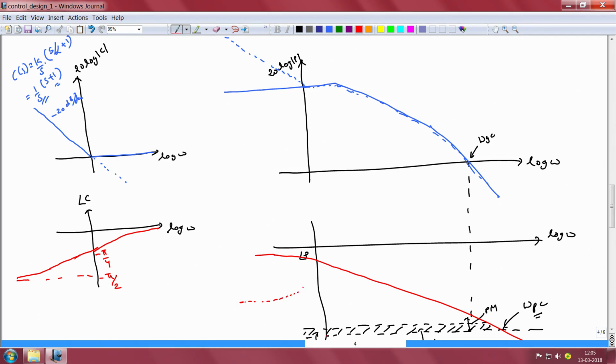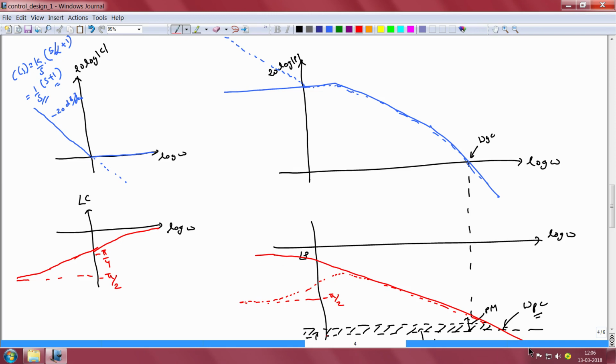So, the phase will start to increase, and for frequencies well beyond omega equal to 1, or the location of the 0 of the controller, we see that the net phase of the controller has gone to 0. Therefore, the overall phase of the open loop system will be simply equal to the phase of the plant itself. Therefore, beyond a certain frequency, the phase characteristic will start to coincide with the phase characteristic of the plant itself. So, it starts at minus pi by 2 and then gradually increases in the low frequency range, and then it starts to coincide with the phase characteristic of the plant itself.